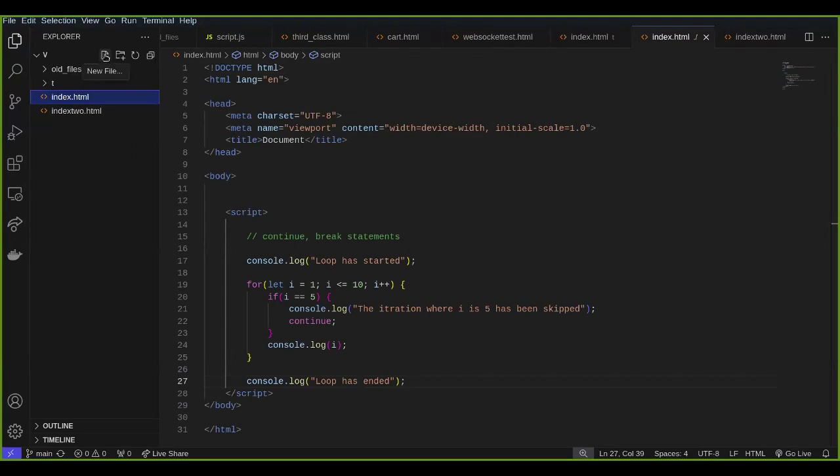You can create a new file, create a folder, refresh your Explorer, collapse. These two are actually important. Any file you want to run your JavaScript code in will always have the extension .js. This is what I mean.